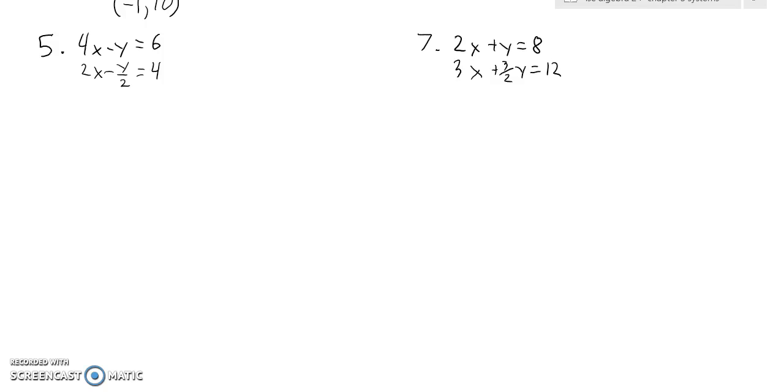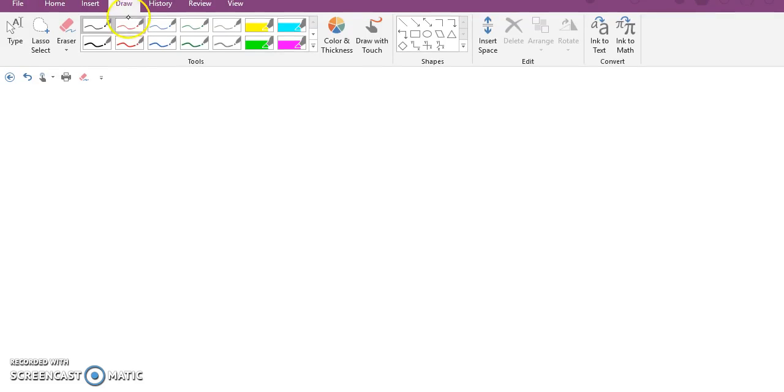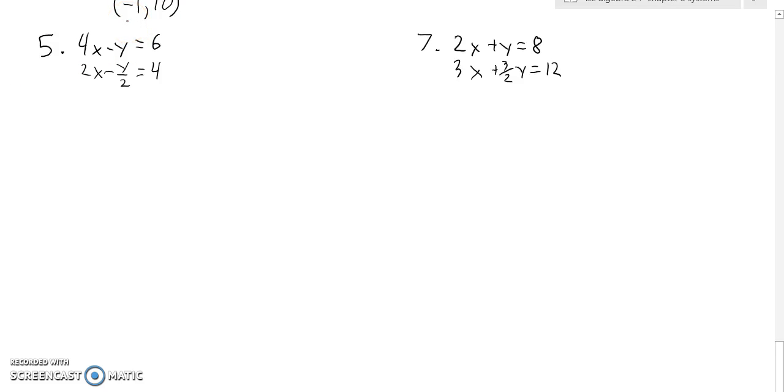And last but not least, our two special cases. What happens when we're solving and things go crazy? So we're going to solve the same way. We can use substitution or elimination, doesn't matter. Let's say on the first one we're going to use elimination because we see the 4x and the 2x and